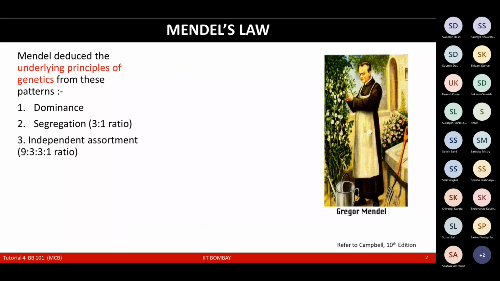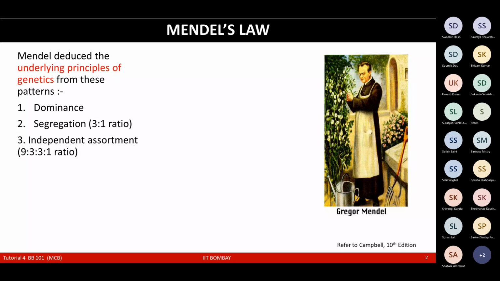Another one is the law of independent assortment, which involves the analysis of the dihybrid cross. In the segregation, you must have seen in the class that when there's a tall tree and a dwarf one, we represent the tall with capital TT and the dwarf with small tt. When we cross these together, we get another generation.